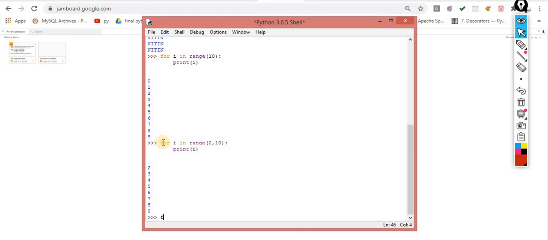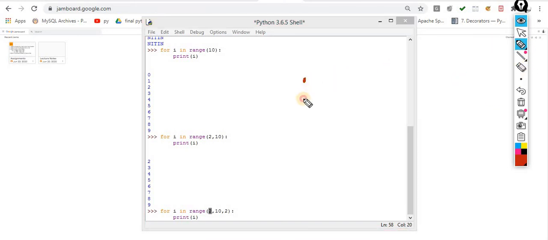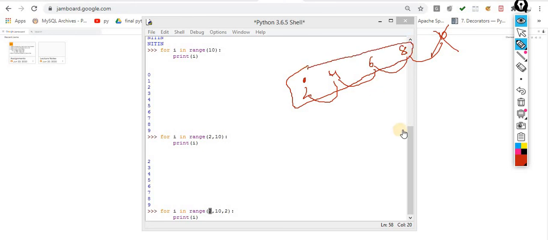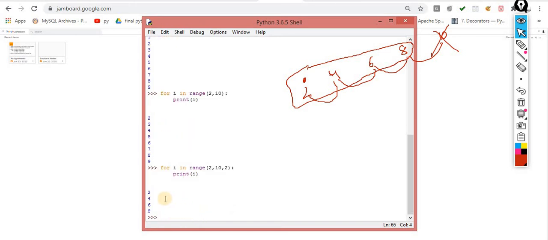Okay sir, very good. Sir, what else can we do with this concept? No problem. This time I am using the concept of stepping. So what is the meaning of this? I am starting from 2, which means I am standing on the second location. After that I take a jump of 2. So 2 plus 2, 4. 4 plus 2, 6. 6 plus 2, 8. And 8 plus 2, 10. 10 is not inside my boundary. So what output will I get? I will get the even numbers 2, 4, 6, 8. Perfect. Very good, sir. Sir, can you please show us? Yes. Now you can check the output is exactly the same: 2, 4, 6, 8. Perfect.